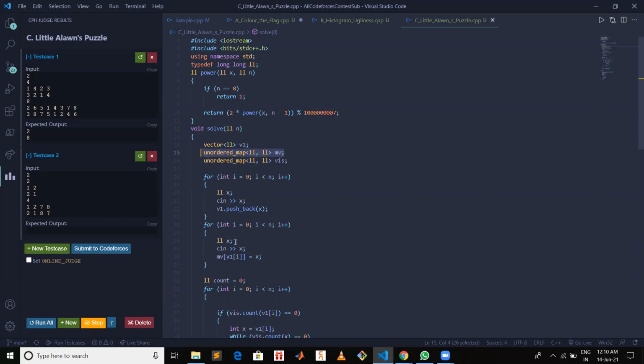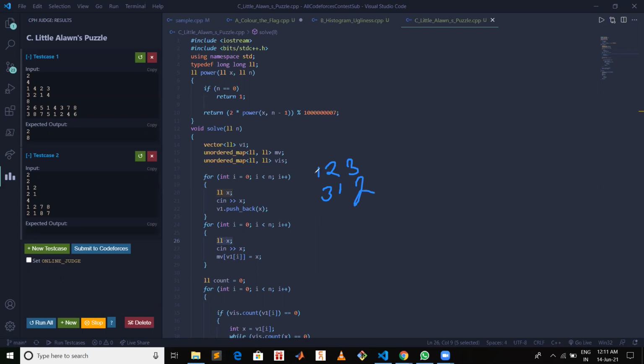So here, if x is the second number in our 2D array, let me draw one. Okay, so basically suppose this 1 2 3 is my first vector, then 3 1 2 is my other vector.